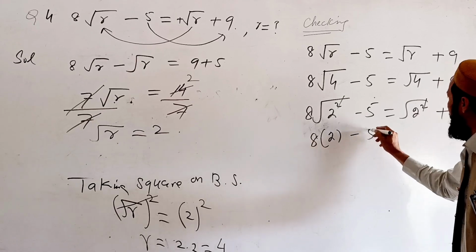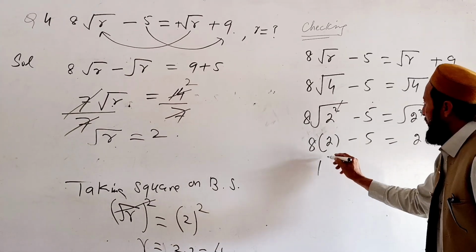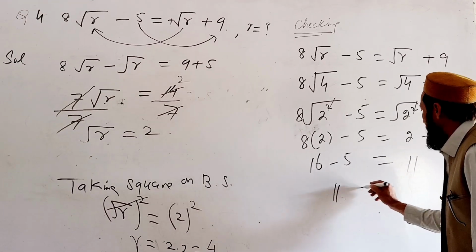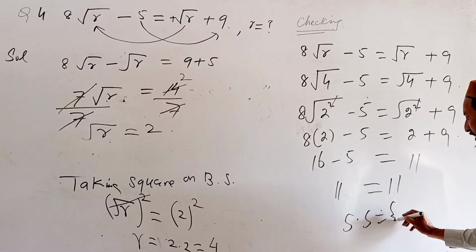8 into 2 minus 5 is equal to 2 plus 9. So we get 16 minus 5 is equal to 11. 11 is equal to 11. So the solution set is